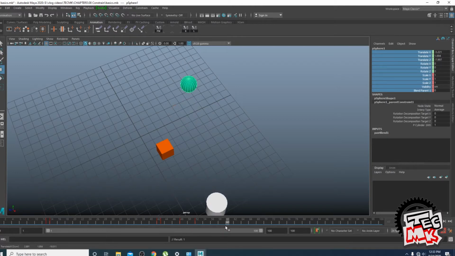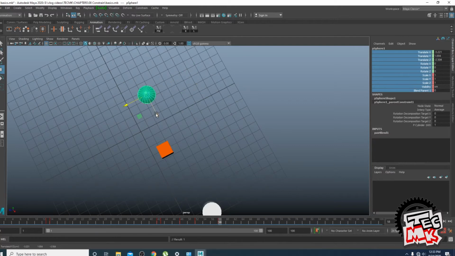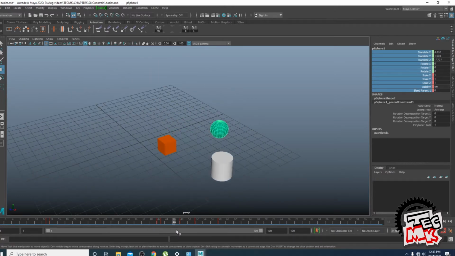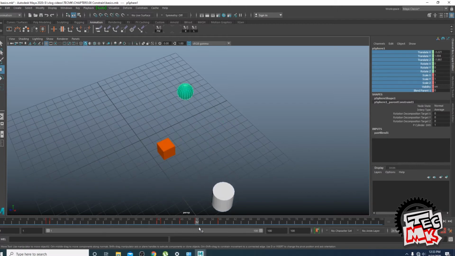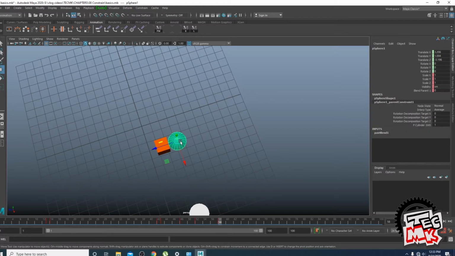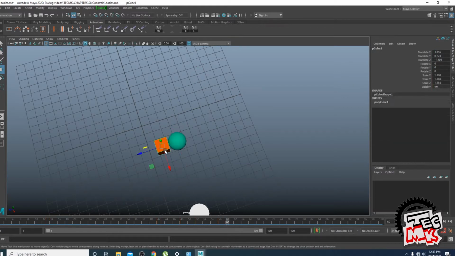Somewhere at 50, 60 or 58, it will come close to the cube, and then the cube will take the sphere along with it somewhere else. So it comes, it goes off, and it comes to the cube. You want the cube to get attached to the sphere here or some other frame, it's up to you, no problem. So what we'll do is we'll keep it for some time, and from 60 to 70 or somewhere, we'll move the cube here, and we also want the cube to take the sphere along with it. So it starts moving from 60.